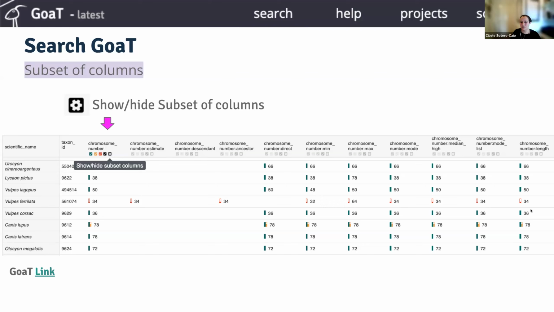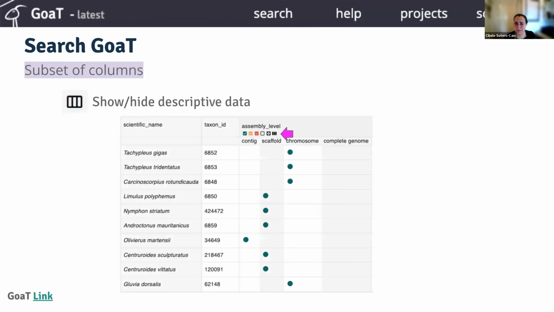Under this table, you can download as a tabular file, like a TSV or a CSV that you can open in Excel, for instance. But you can also select a type of data that is the raw data. It'll give you every single entry for species, chromosome number, every single observation with the different source. And then there is the tidy data that will also transform and show you summaries in a different way. I wish I could show you.